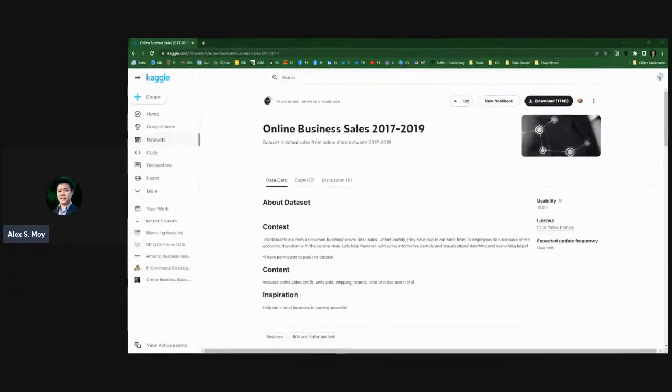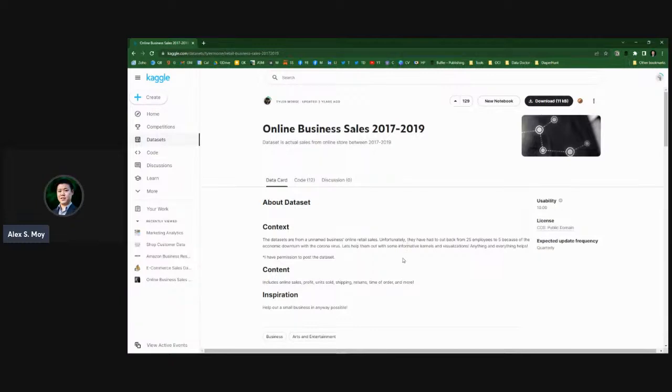Today, we're going to be taking a look at a sales data set, and let me go ahead and share my screen so you can see it over here. I'm pulling this data set straight off of Kaggle, which is a great tool for grabbing different data sets. There are definitely different repositories. Try to keep away from using client data. Some clients do give permission to use their data, but today we're looking at this online data set over here,